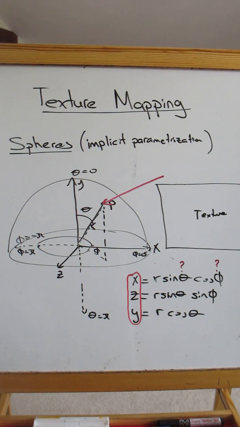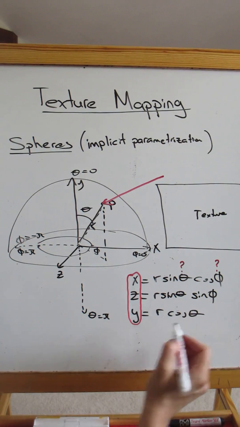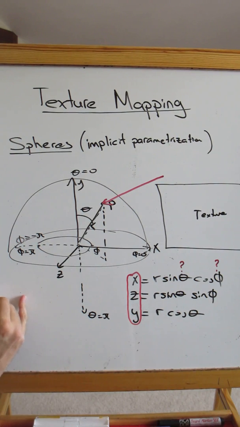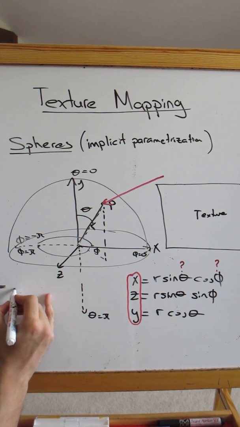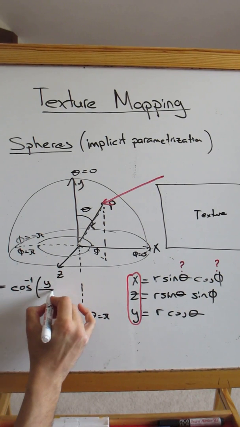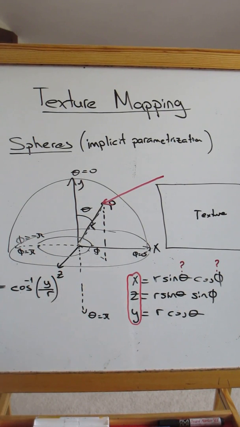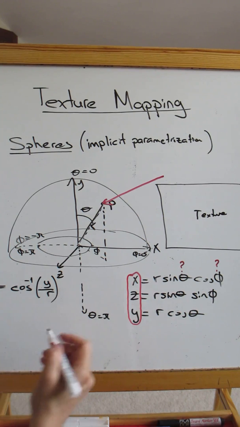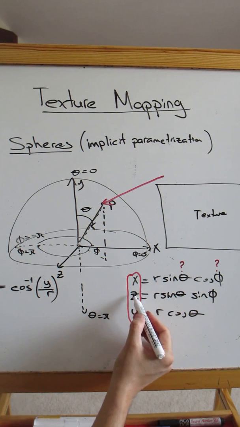Theta is easy to find. Theta is equal to inverse cos, or arc cos, of y divided by r. And for phi, we can compute the ratio of z over x. If you divide z by x,